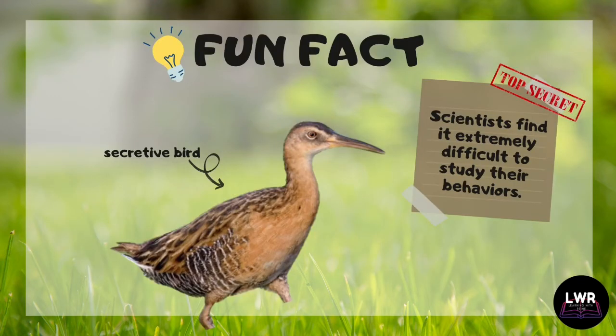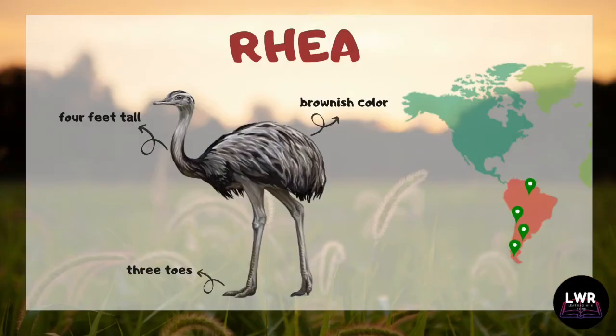Did you know that rails are secretive birds? Because they live in dense vegetation, such as overgrown pools and reeds, scientists find it extremely difficult to study their behaviors. Rhea. There are 2 species of Rheas, namely the American Rhea, also known as the common Rhea, found from